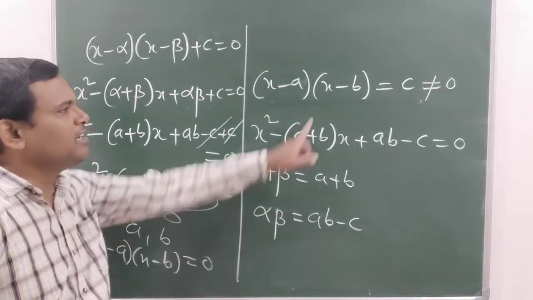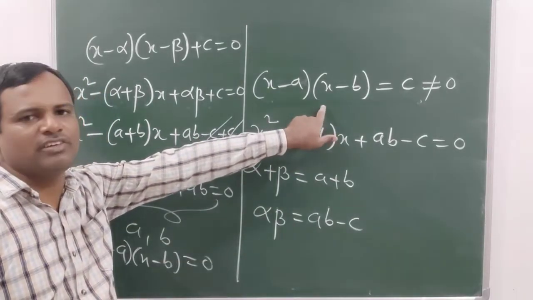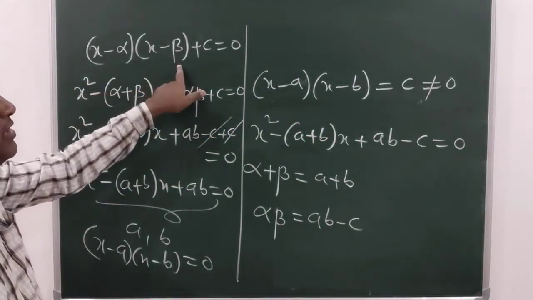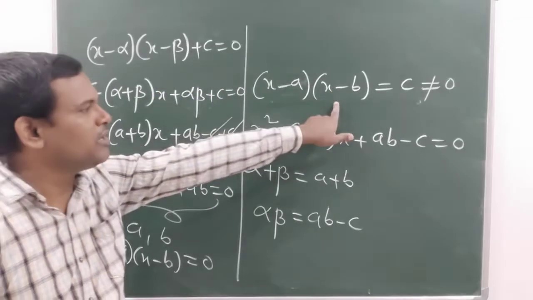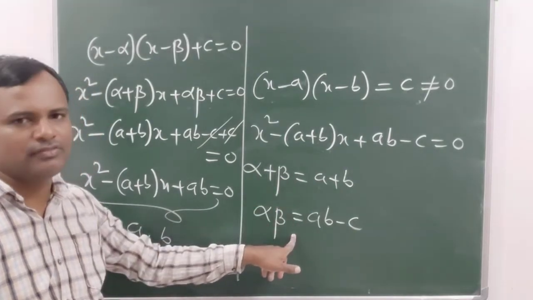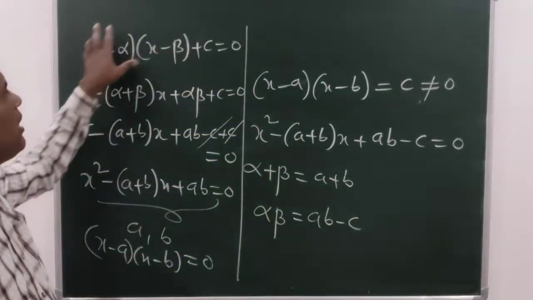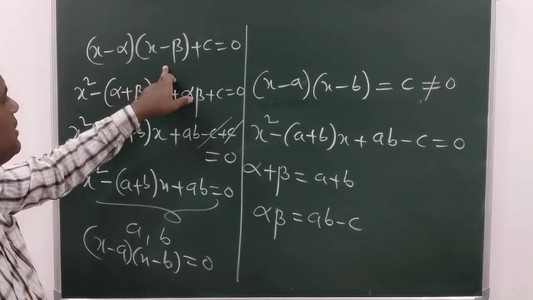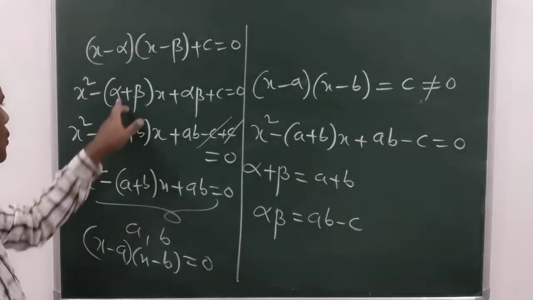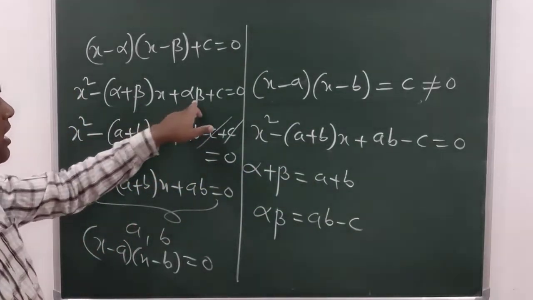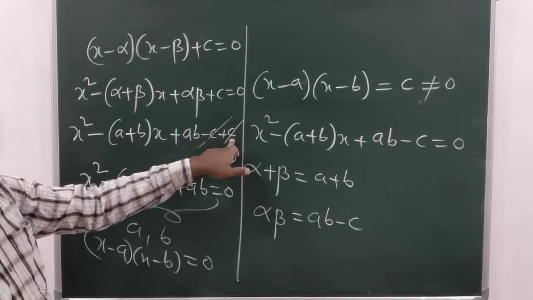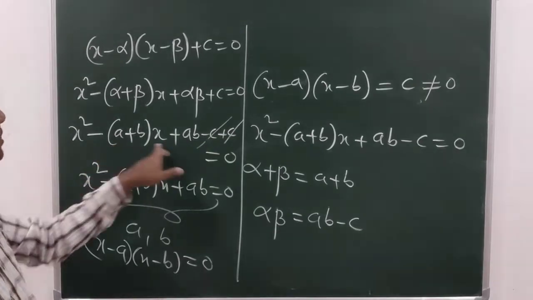Okay, they said alpha, beta are the roots of this equation, and they asked us to find roots of this equation. First, what I have done, I took the product of these two. So here I wrote sum of the roots, product of the roots. Next, I went to here. So I simplified this. I got this much. So this alpha plus beta, a plus b we got, and we substituted in place of alpha plus beta. Here alpha beta, ab minus c, I wrote here. These two were cancelled. So now this is left.